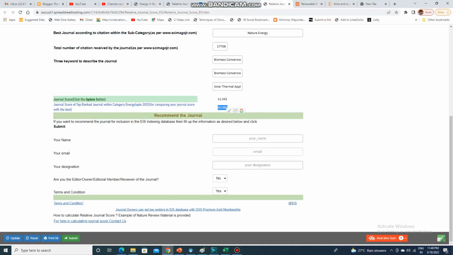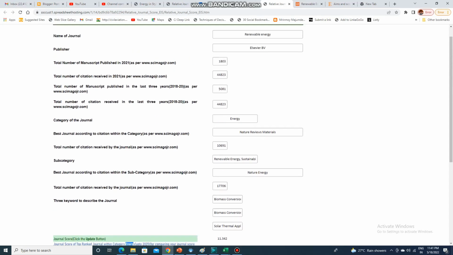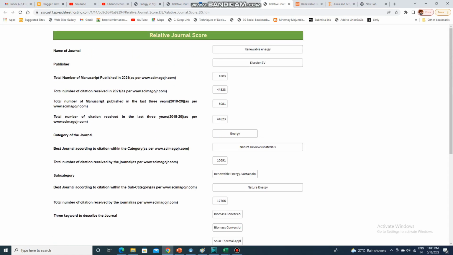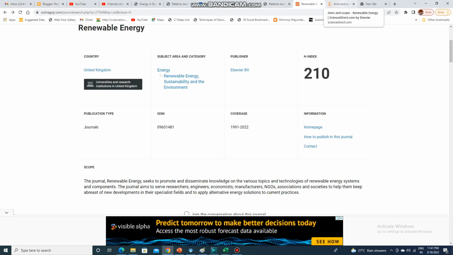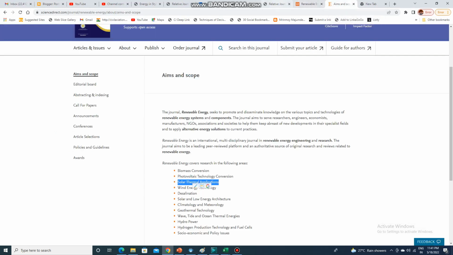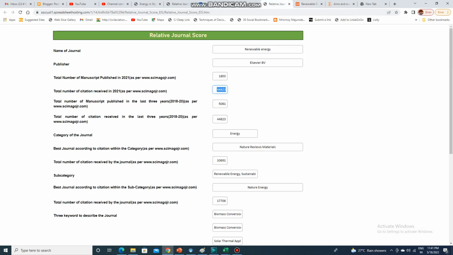So renewable energy falls into the 30% of the journals from the best journal of the category energy. Even in, you see, it has a number of citations received, 44823, which is much more compared to the citations received by that Nature Review Materials, right? Then also, total number of citations received in 2021,